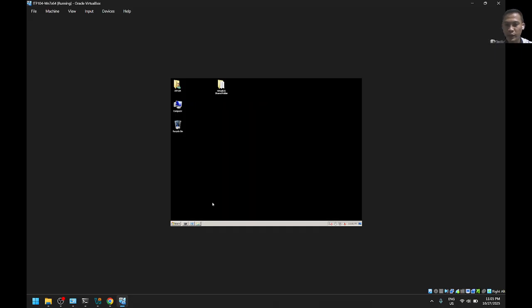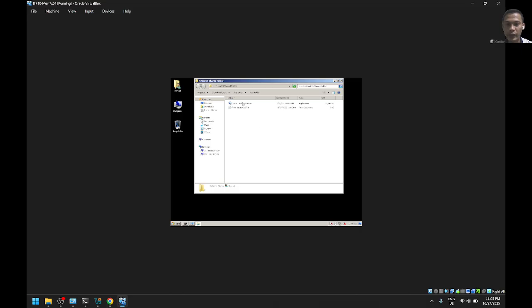Now let's go back. So after getting an installer from our base OS, we can now install using this driver as a virtual printer for us to create our shared printer, a virtual shared printer.